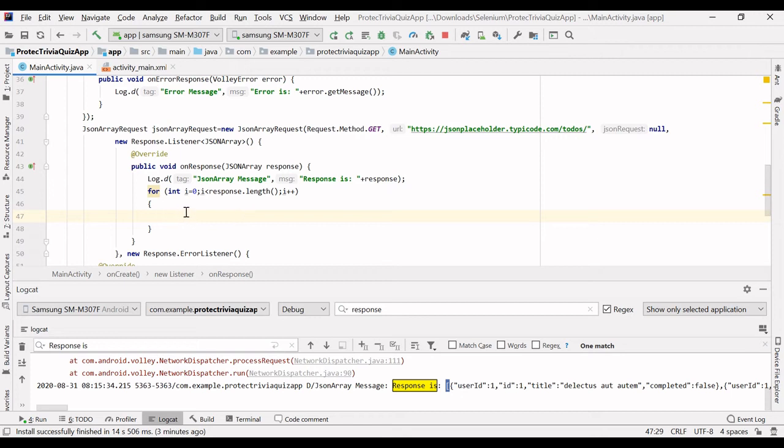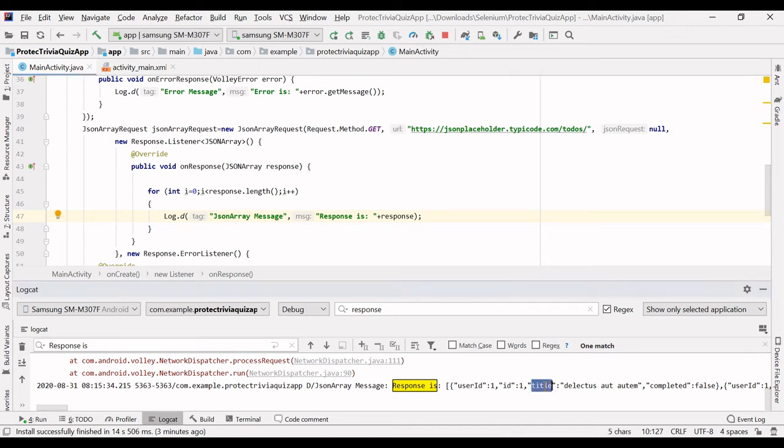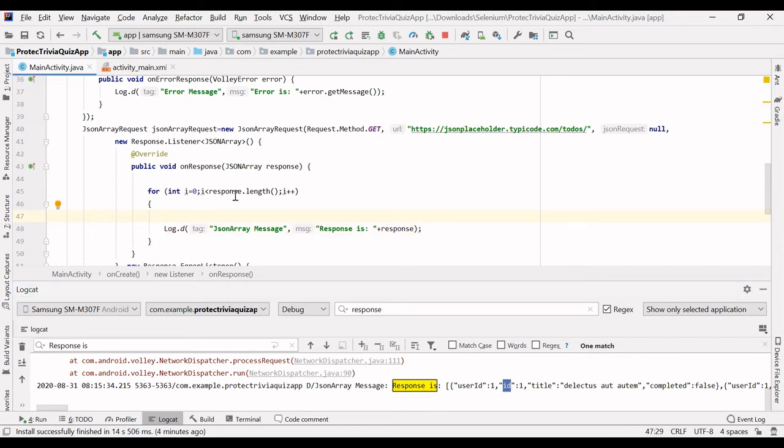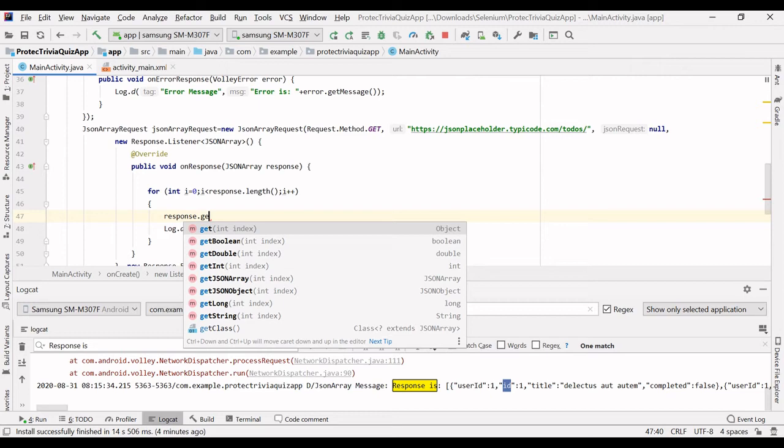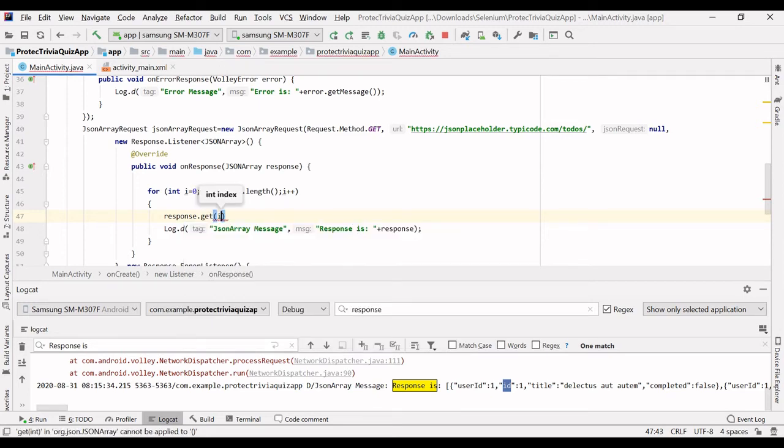What I want guys, this time I want to print only the title and ID. I will cut the i from here and paste it, and this time I will print only the title and ID. So first I will get a particular JSON object inside this response. From this response, get i.